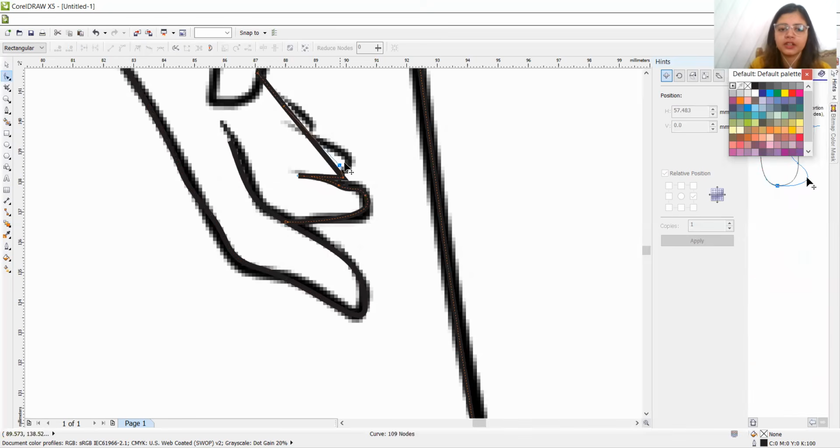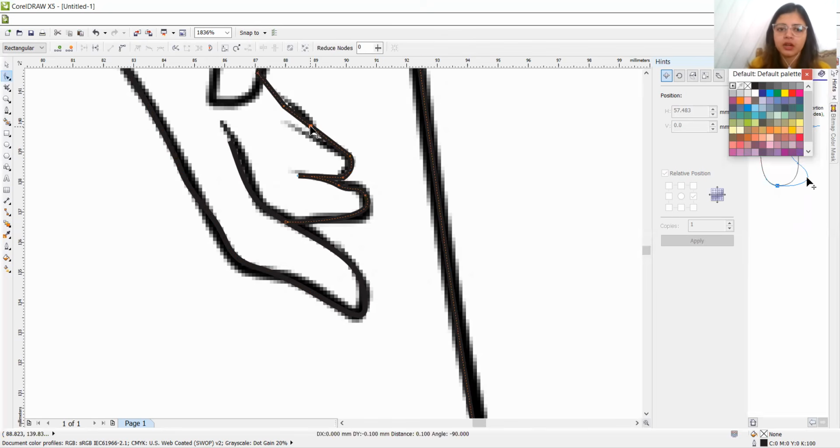Also, if you think there is no curve over here, as you can see, this line is not curvy. So what you have to do is select the notch, and you can see some options over here. In the above section, there is an option that is Convert to Curve. Convert to Curve means your straight line will convert to a curve. So let's select this, and the arrows have come on the line. These arrows have appeared and it has now become curvy.